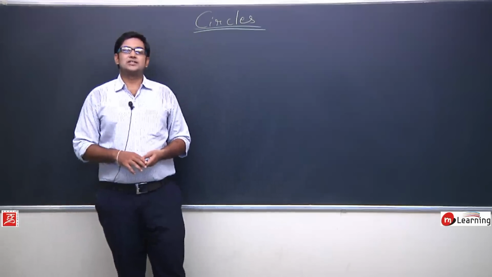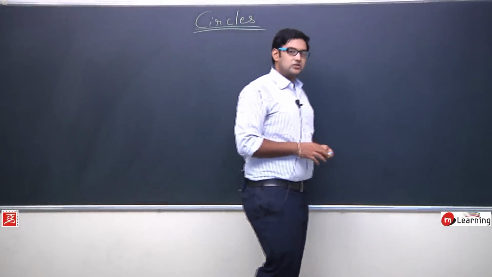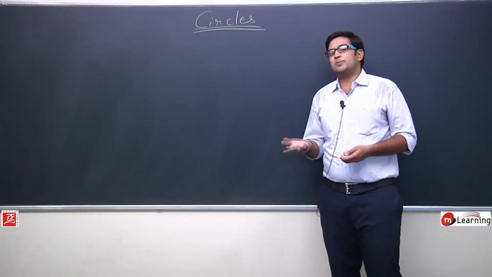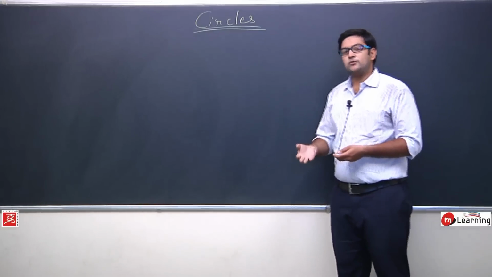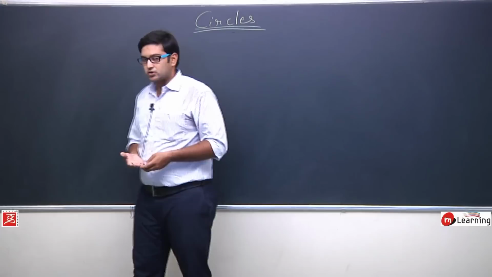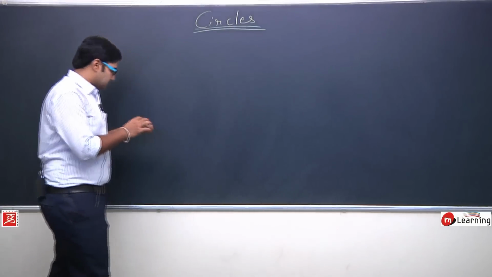Okay, now let us understand the second theorem in the circles. हमने first theorem को समझ लिया है. First theorem says simply that the radius is perpendicular to the tangent at the point of contact, and on the basis of this theorem we have solved 3 questions. Okay, now let us understand the next theorem, the theorem 2.